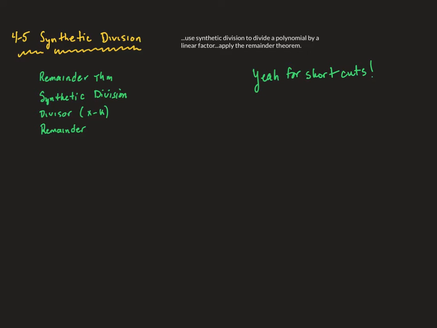Well, I just want to say yay for shortcuts. Everyone is always asking me, is there an easier way, a quicker way to do this? Well, when it comes to dividing polynomials, there is going to be a shorter method, and that is going to be called the synthetic division method. And we're going to learn to use synthetic division, divide a polynomial by a linear factor, and applying the remainder